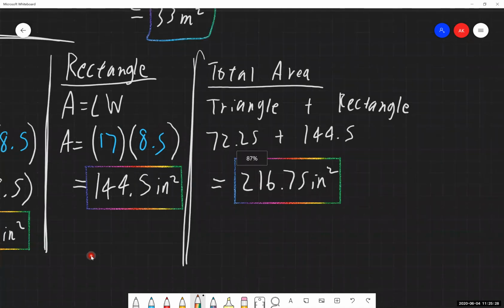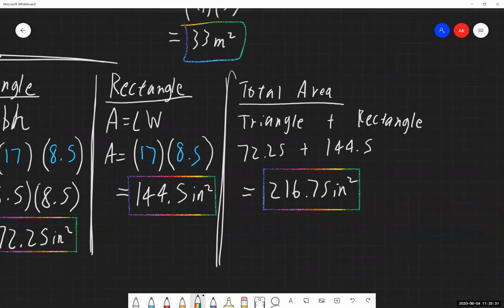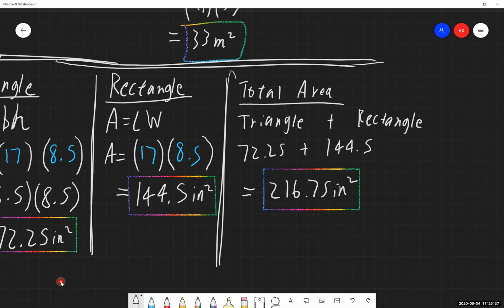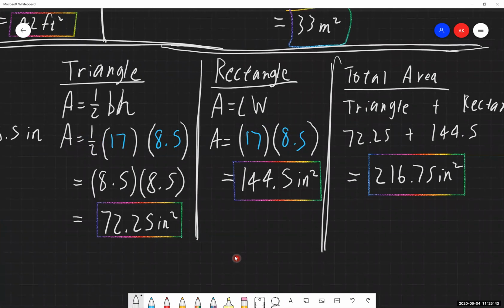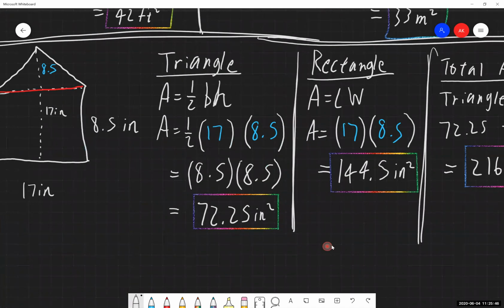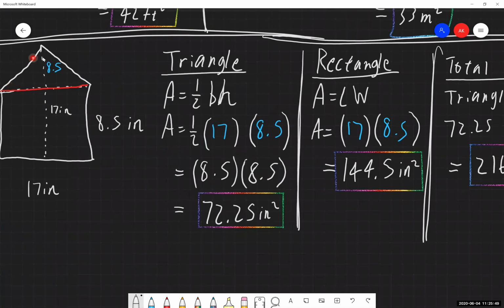So as you're going through and working with some of these problems, we're going to find more and more, not just in this section, but in a lot of future classes as well when geometry shows up, we do not have equations to solve for every single possible shape that has been given to us. We can and will need to break it down and solve for this part of it, then for this part of it. Maybe there might be a semicircle over here. Maybe we need to solve for that. But again, the big picture with a lot of these: if you have something that you don't have a single formula for, break it down and solve it in parts, and then bring it all together at the very end. Okay.